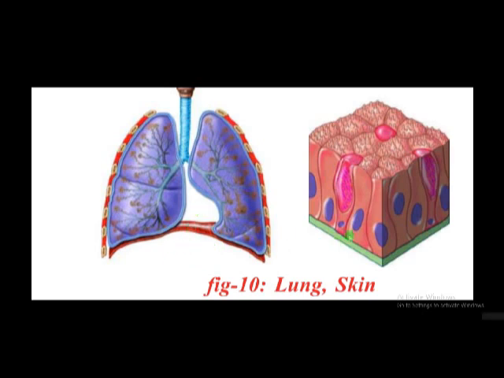And skin, we all know that skin contains sweat glands. Sweat glands secrete sweat. Sweat also contains waste products like salts, excess water, etc., and it also cools the body. And skin also contains sebaceous glands. Sebaceous glands secrete an oily-like substance that is called sebum. So skin also acts as an excretory organ in our body.